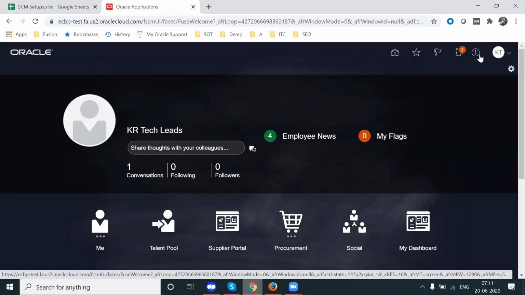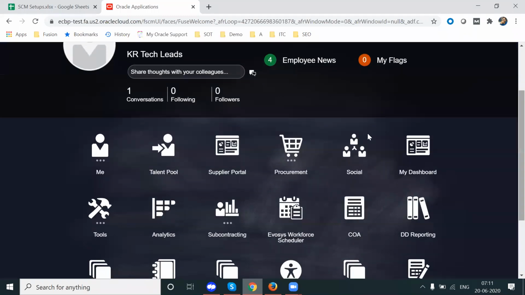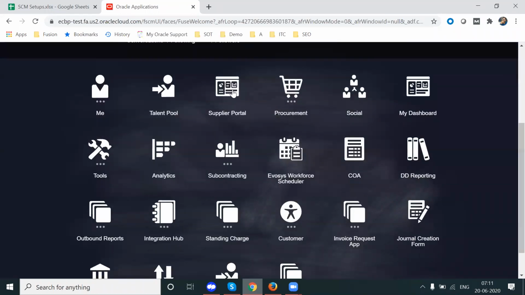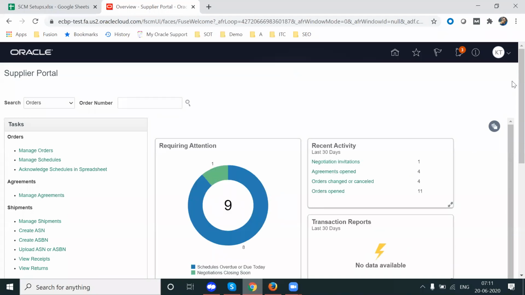And also I have received an email. Click on supplier portal. I have received an email to participate in this negotiation, and I should receive a notification here as well.